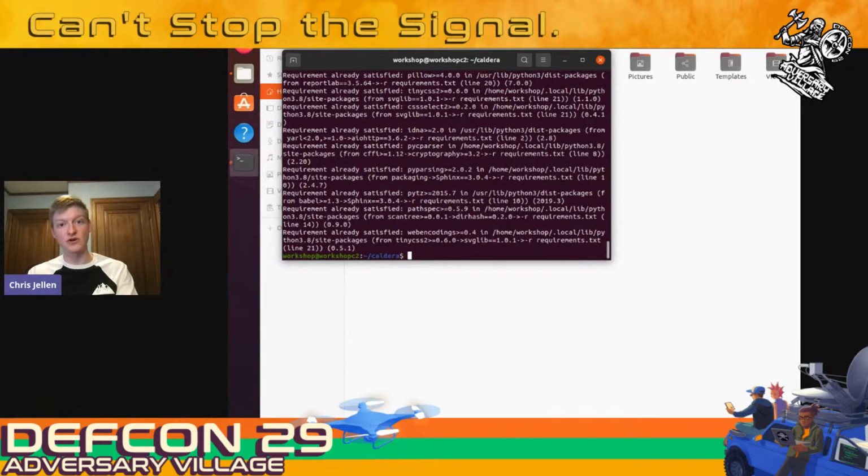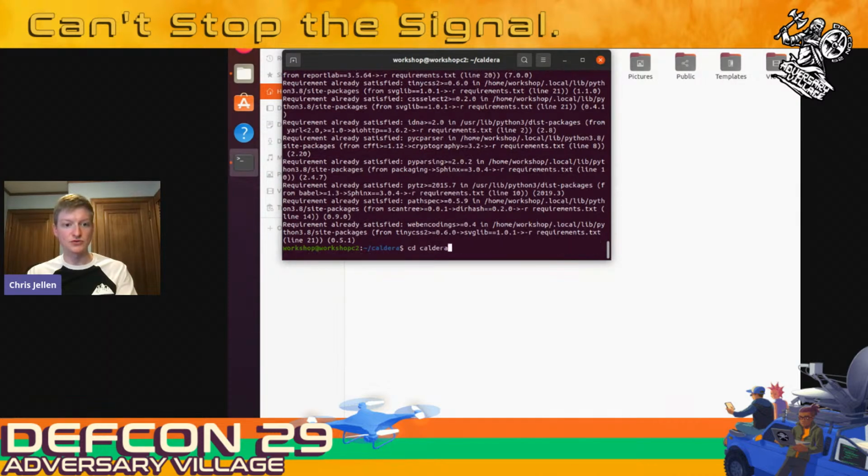I'd encourage you to install Golang if you haven't already, because that's also a great little dependency, not a hard dependency, but one that does elevate some of the agent abilities to the next level. So now that we've installed Caldera from source code and installed the requirements, we can launch our server. And all we have to do there is run